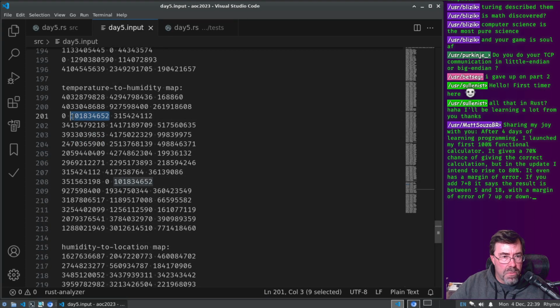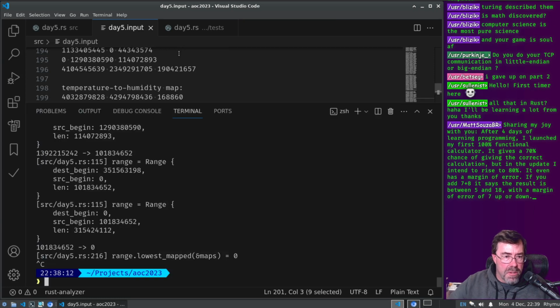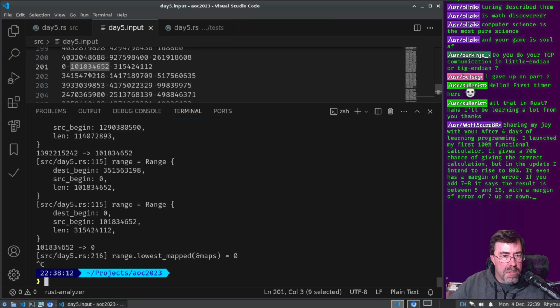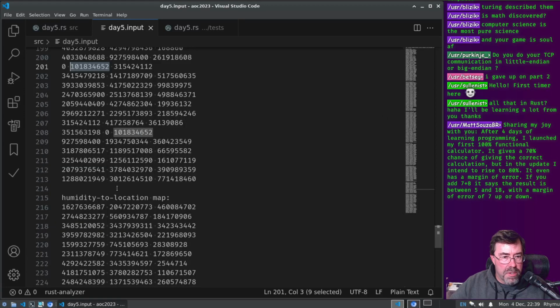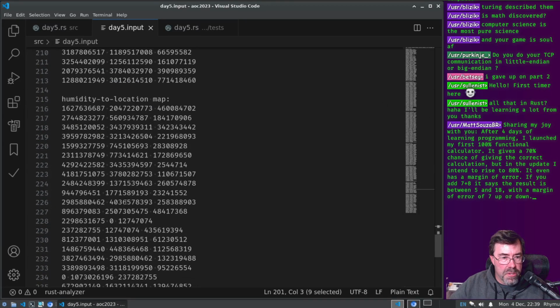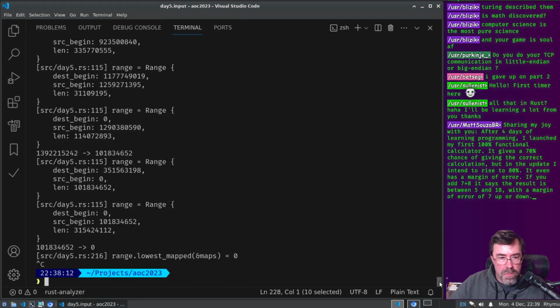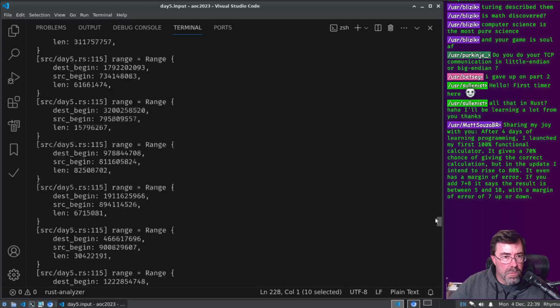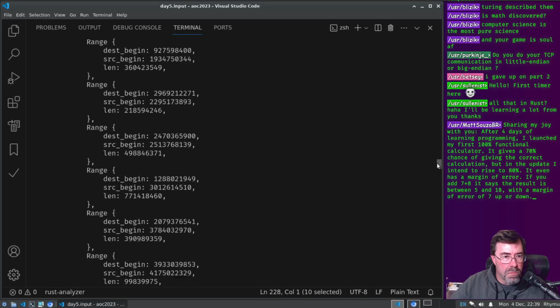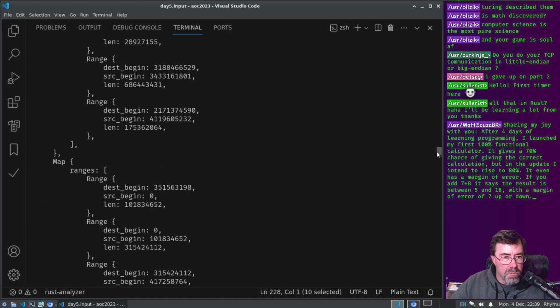Yeah, see, it mapped 10183 to 0. That's fine, but why did it stop? It has humidity to location it still needs to run through. It should have mapped it to that large number. No, why? It's the map's in the wrong spot.